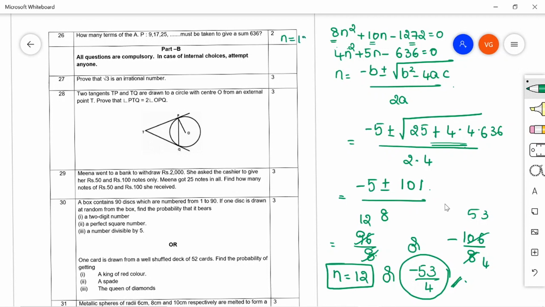So if you can write down the formula for Sn, here you will get half a mark. Then after finding the values of a and d, substituting everything, you will get another half mark. Finding the number n, you will get 1 mark. So this is the marking criteria for question number 26.